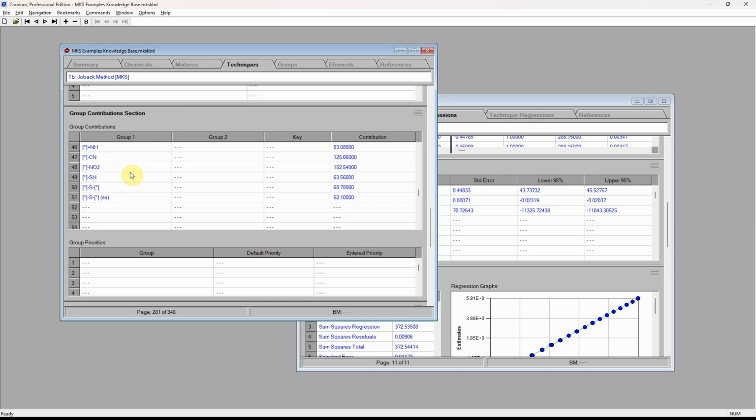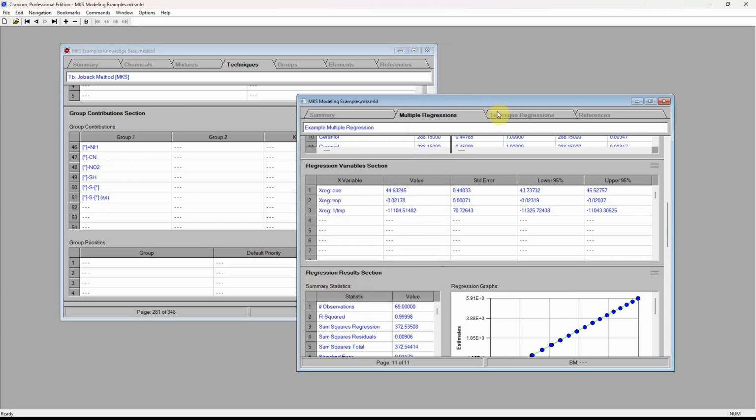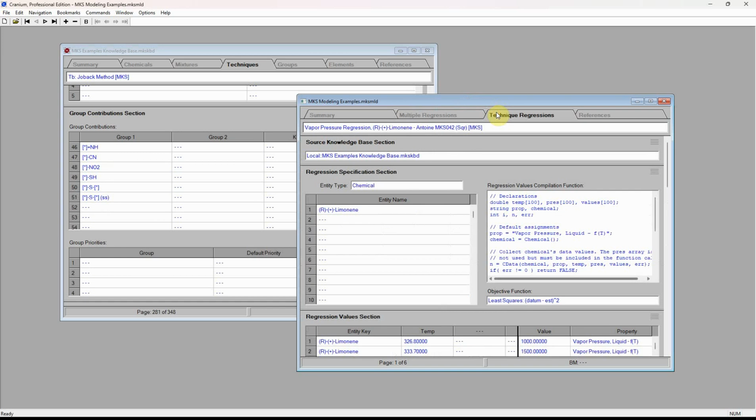Since we have some data on the boiling point of silicon-containing chemicals, we can use our modeling capabilities to add such a group contribution. In the modeling document, we switch to the Technique Regressions chapter and navigate